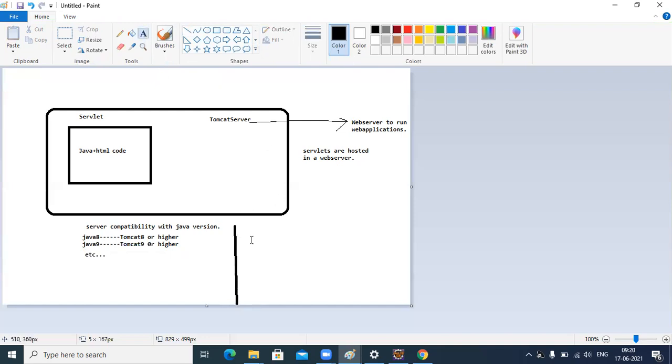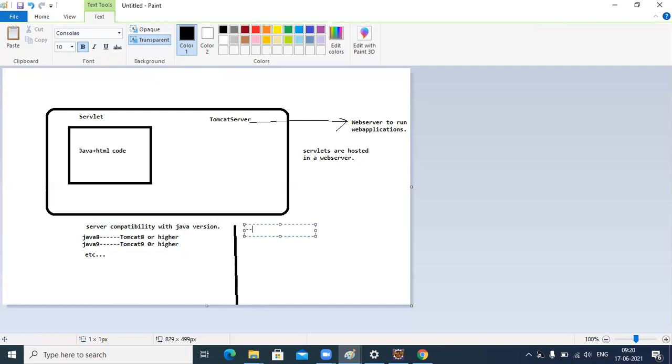So first install Java 8 or higher, and then install Tomcat 8 or higher. Any doubts so far?